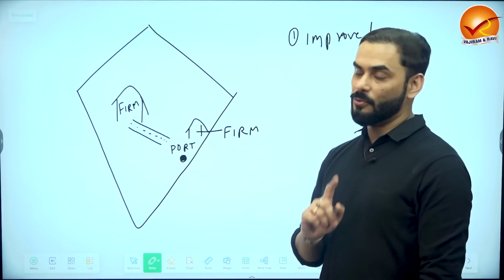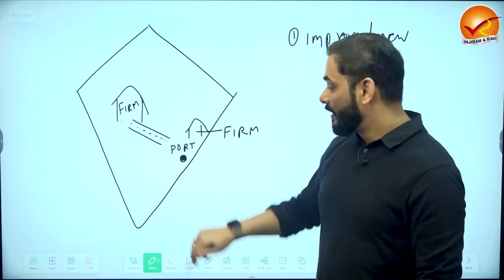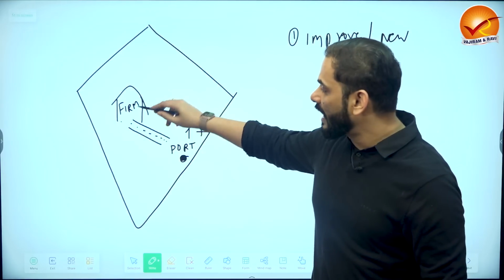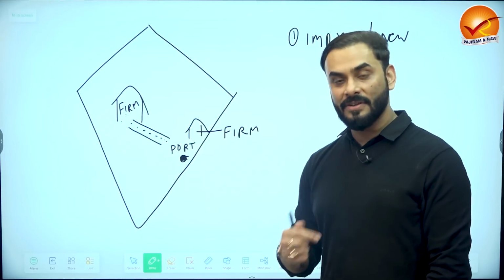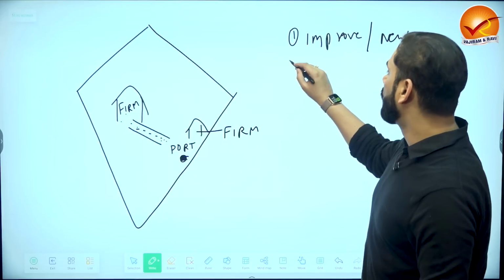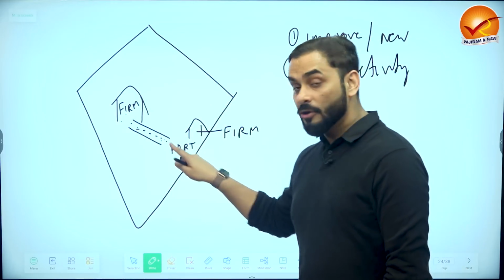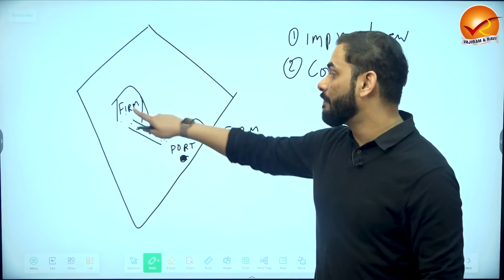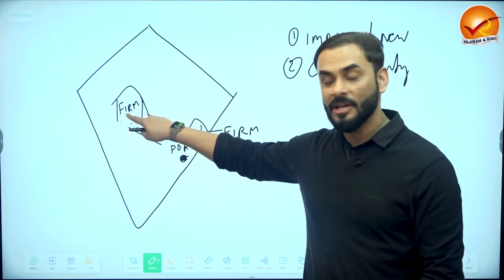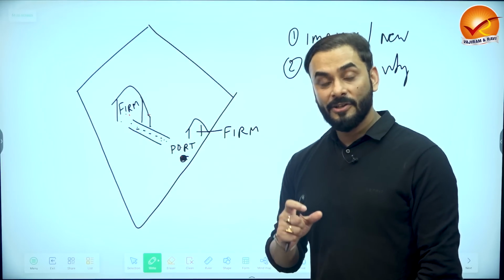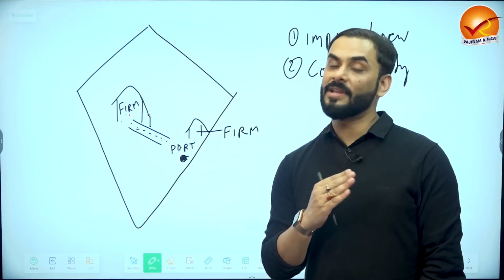That's number one. Number two, suppose guys, there is a firm here. This company manufactures automobiles. There is a seaport nearby. Now, how will you carry automobile from this company to the seaport? Of course, you need roads, railway, flight services, right? Which means you have to improve the connectivity of your ports with other facilities in the country. So, for example, you have to connect your port with manufacturing units, warehouses, through road, railway, etc. so that goods can easily be transported from factories to the port, and from ports they can be exported. So that is the second one.